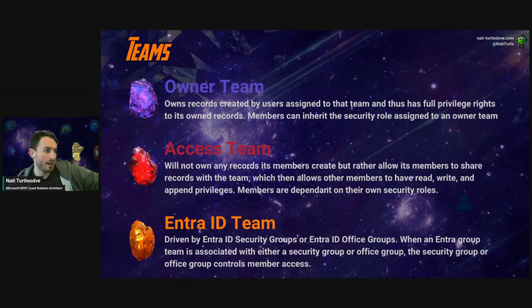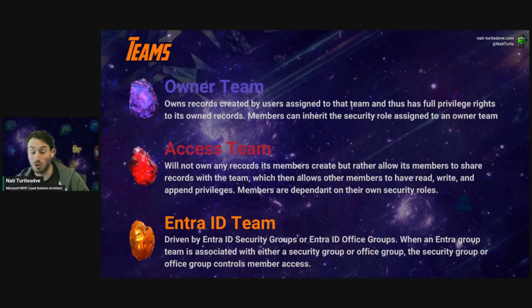So if we were to create an Entra ID team saying this is going to be our Sorcerer Supreme team, we've then got an Azure or call it an Entra ID security group called the Sorcerer Supreme, and that consists of our three members, Dr. Strange, the Sorcerer Supreme, and Wong. We can then assign a security role to this new team, which is now linked to our Entra ID security group. We can then rest assured that our three members that exist within that security group on Entra ID inherit this role through our Entra ID team, and therefore can access data within our environment accordingly based on these roles.